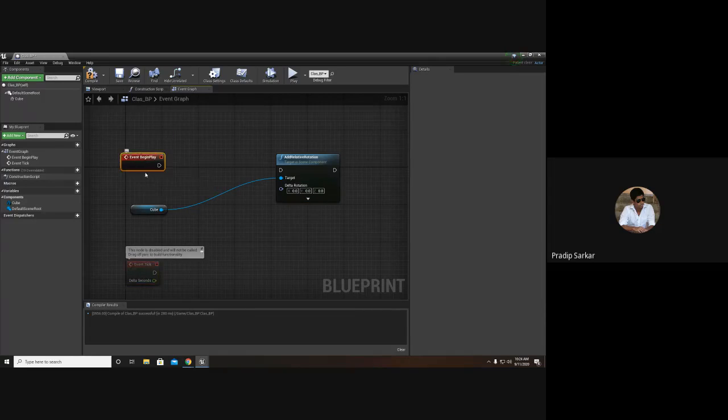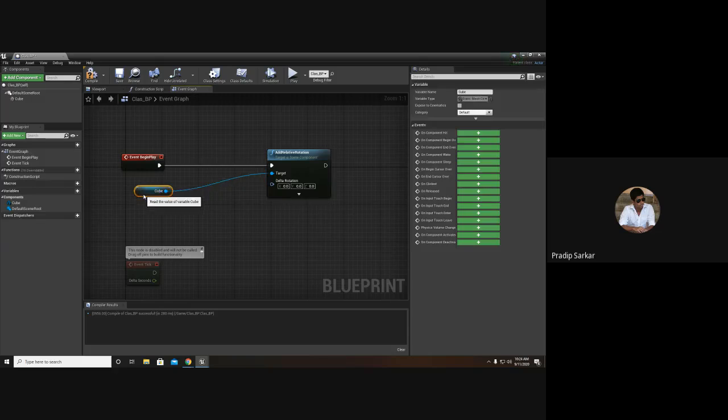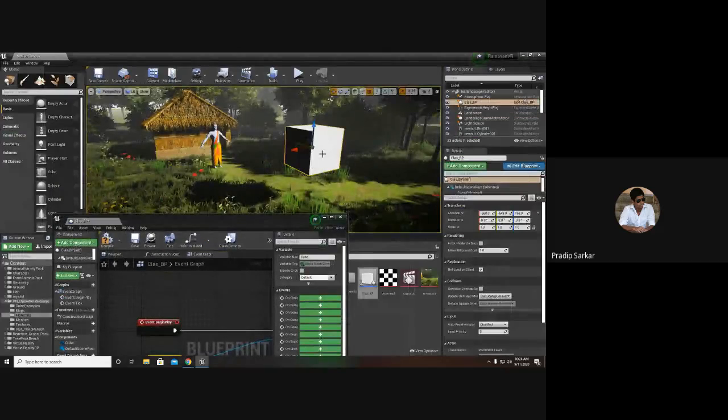When I connect my event begin play with add relative rotation, this time I want the cube to rotate in Z direction.